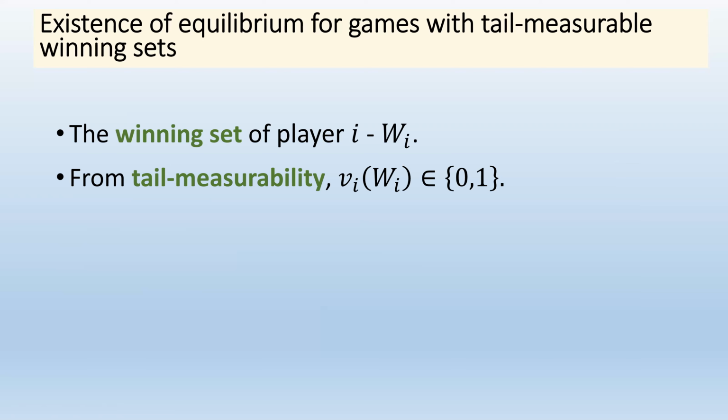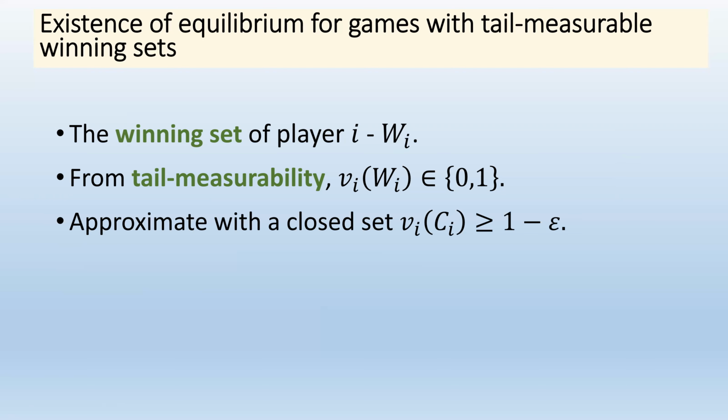And we want to play where each player gets at least their min-max value. For the players whose min-max is 0, this is not a challenge, right? Any play gives them their min-max value, which is 0. That's not a problem. So we can, for now, disregard these players, we ignore them, and we assume that all players have a min-max value of 1. Now we want to find a play that is in the intersection of all the Wi's of all the players, because we assume everybody has a min-max value of 1.